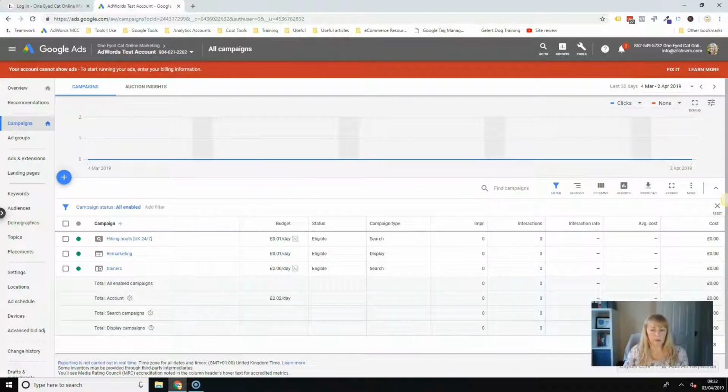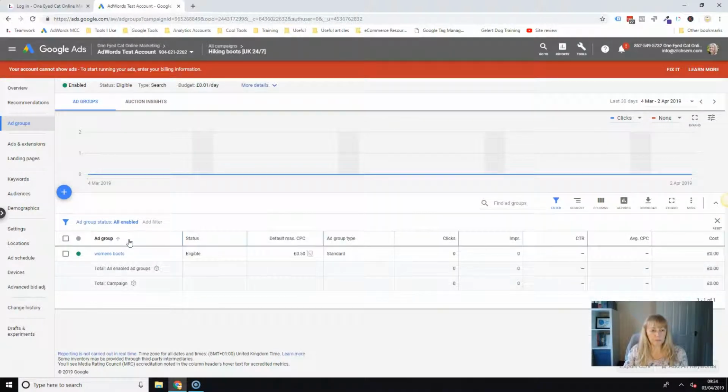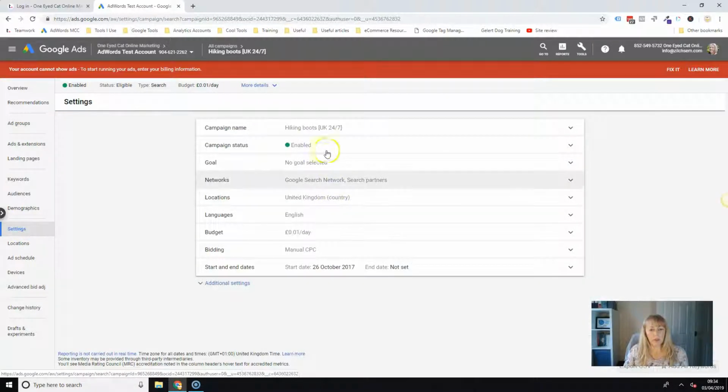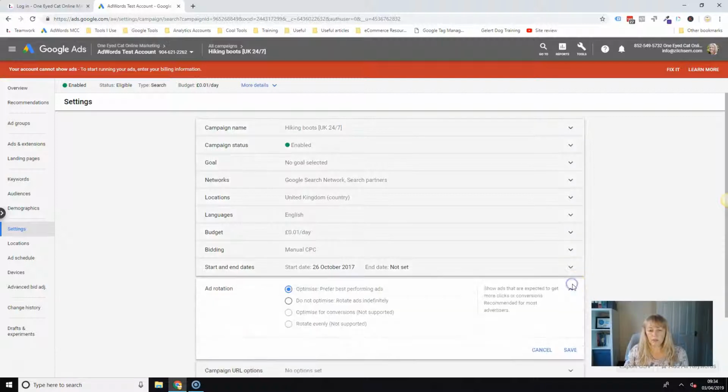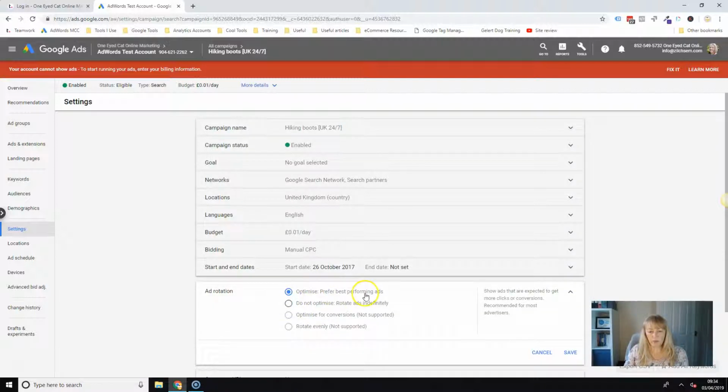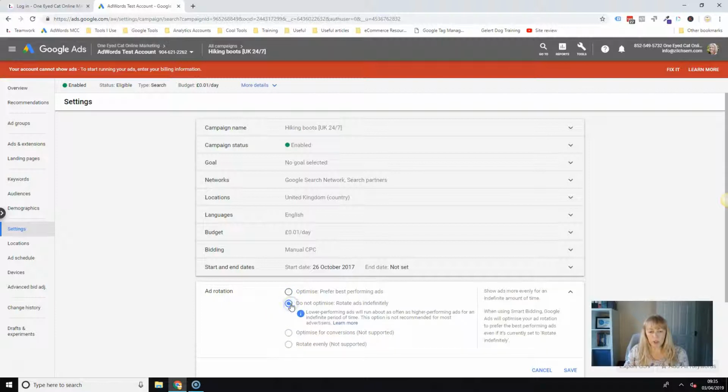So let's jump in quickly to the interface and I'll show you where to go to check on that. It's in the campaign settings. Inside the campaign, just go to settings over here, and these are the main settings. Now you won't see it here, you have to click the additional settings button down here, and there we have ad rotation. As I say, the default will be optimize, prefer best performing ads, and you want to change that to do not optimize, which basically should